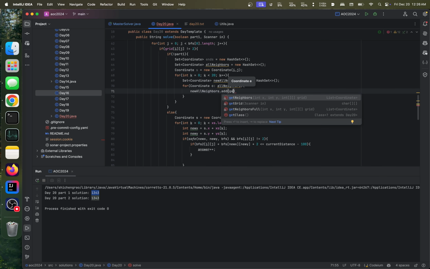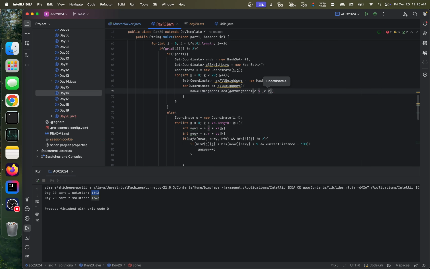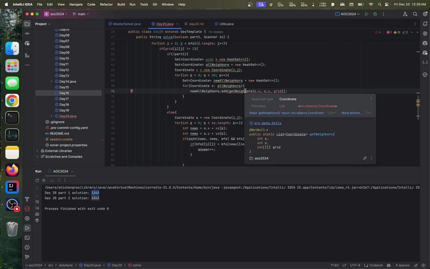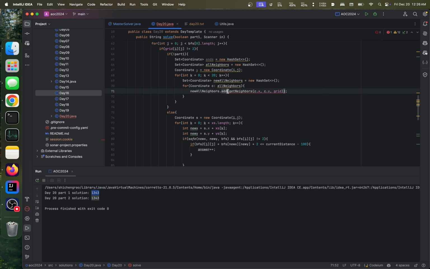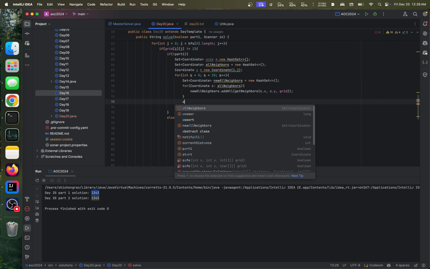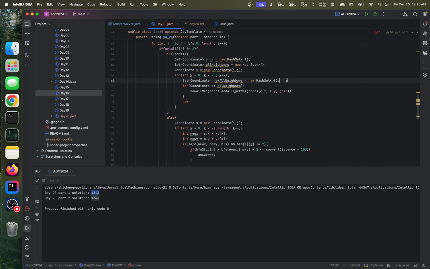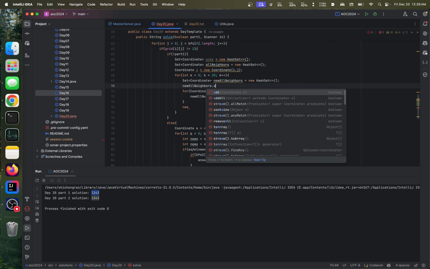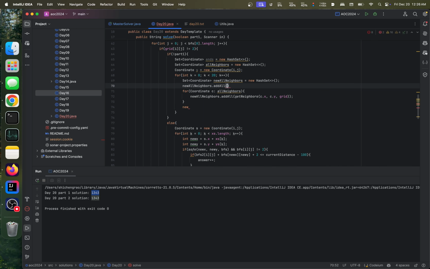Oh, get neighbors c dot x c dot y grid. What? Required type coordinate. Oh yeah, add all. Then we can do new all neighbor. Well, actually, let's do it here. New all neighbors dot add all neighbors,